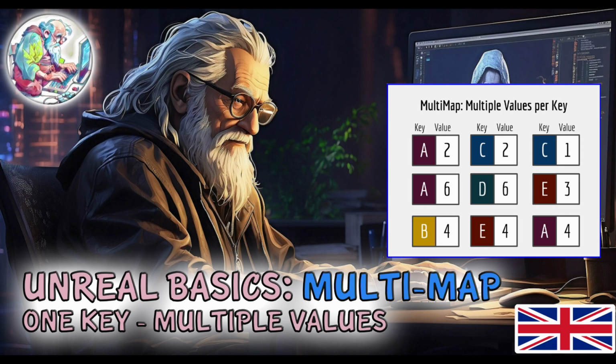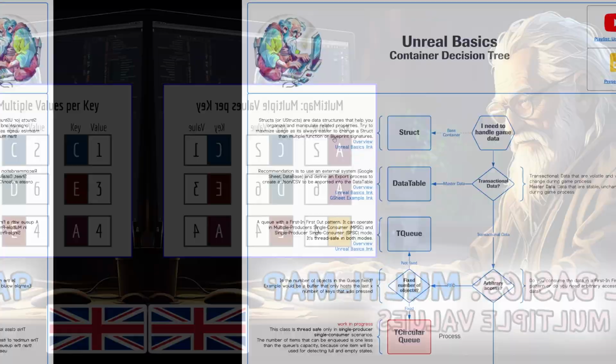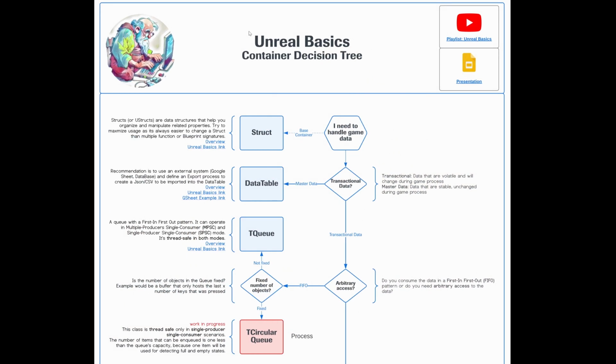So today we look at multi-maps, so key value stores with many values per key. I use this container decision tree quite often, where I also linked the